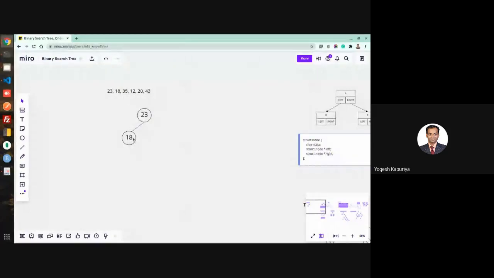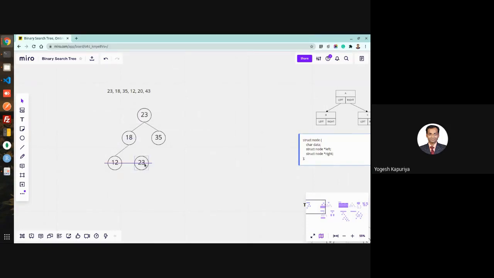Next is 35. Obviously, it goes to the right. Next is 12. So 12 goes to the left of 18. Next is 20.